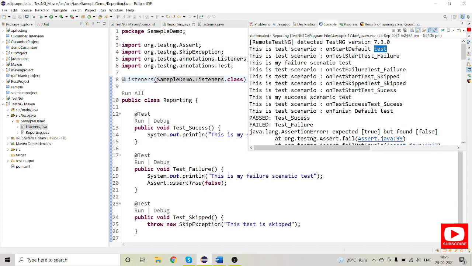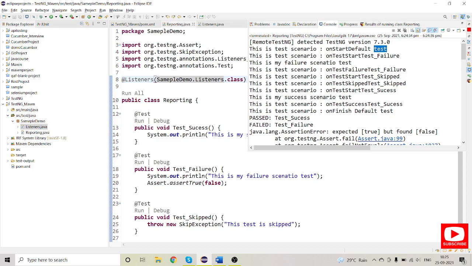This is the test failure method, and this is my failure test scenario. After that you have on failure, the test failure method which we are using, and then we have skipped. As the method is getting skipped, we don't see any logging in the console.